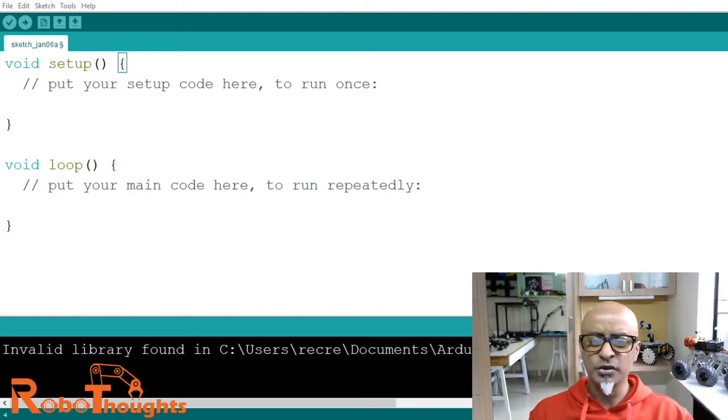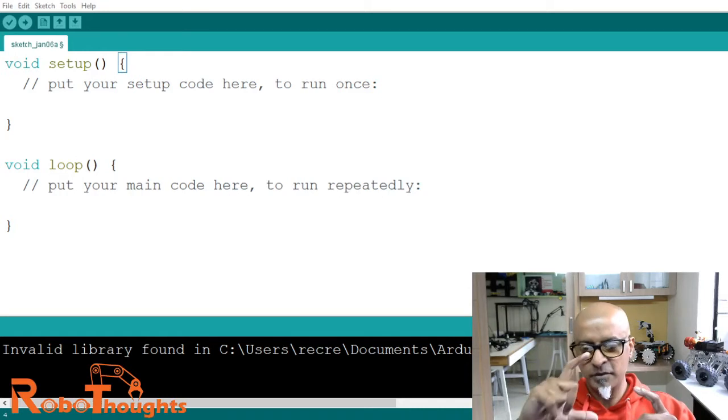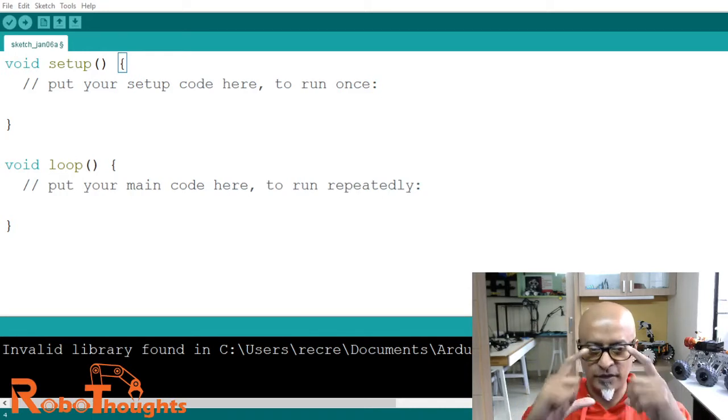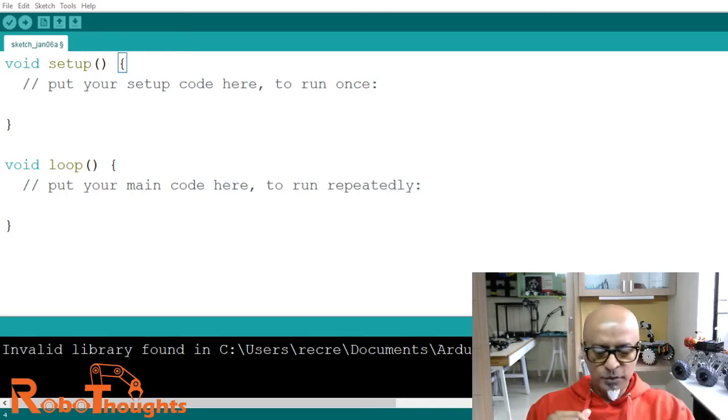So in the basic Arduino sketch, that is the bare minimum, which you are seeing just behind me, it consists of two functions: setup on the top with an open curly bracket and a closed bracket, which is called the function, and a loop. The next block is called a loop. All right, as I showed you, if you go to File, Examples, Bare Minimum, you can see it in an older version, but in the newer version, you get it by default, right?